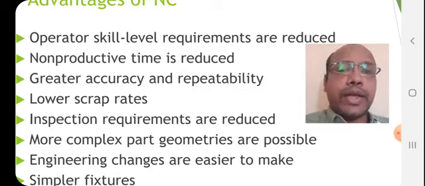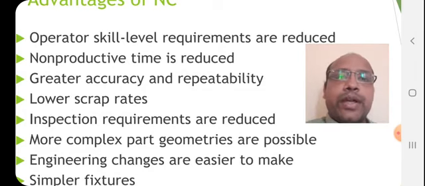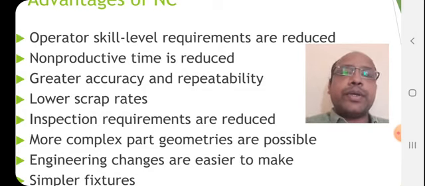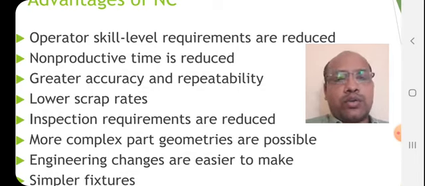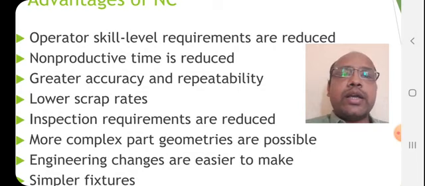Greater accuracy and repeatability, low scrap rates, this is one advantage. Inspection requirements are reduced. More complex part geometries are possible with the NC manufacturing system, because you can go for circular interpolation, clockwise as well as anti-clockwise.